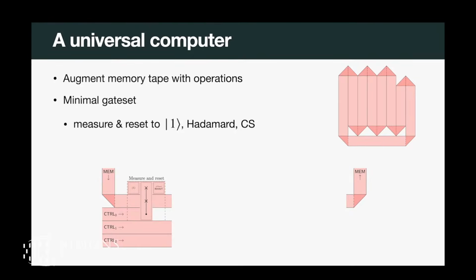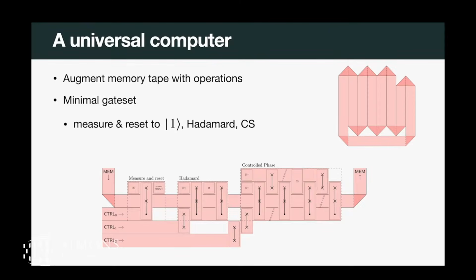So my operation is going to be: I measure a qubit of the memory tape, and I set it to 1, a Hadamard, and then this kind of annoying thing, which I promise applies controlled S to 2 consecutive qubits of my tape. So as my tape is circulating along, I'm implementing some one-dimensional circuit with this gate set. And what I mean by measurement here, I'll get to at some point. It'll be essentially the opposite of the way I get the control qubits, the way that my computer talks to the outside world.